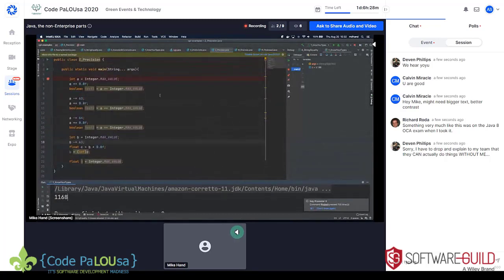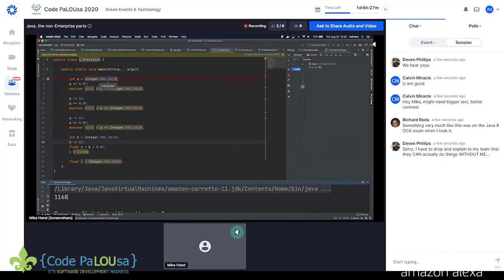This one I think is interesting because we think of math as a science, as a constant, something where the rules are firm and in place and unchangeable. But we find out in Java that that's not actually true. So let's look at what we're going to do here. We're going to set a to the max value of integer. And that value is 2,147,483,647, right? A pretty large number. It's the maximum number that we can represent in the space of an int.